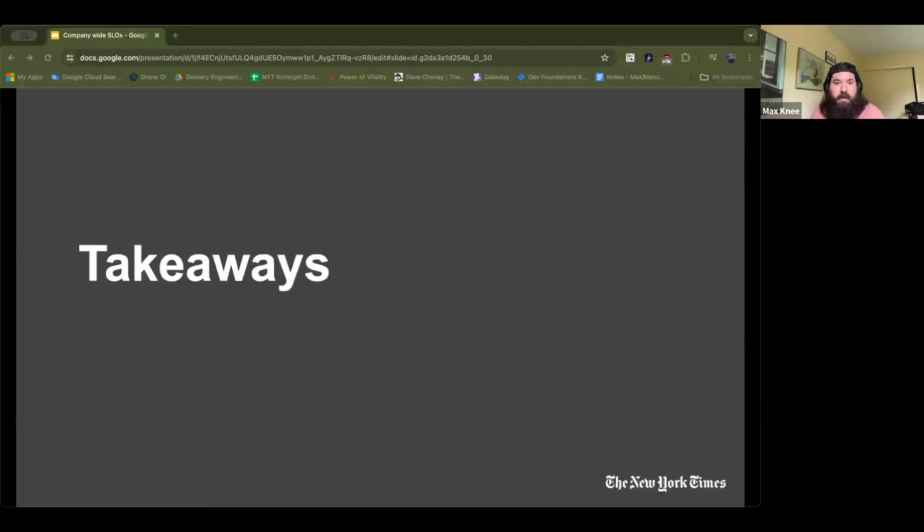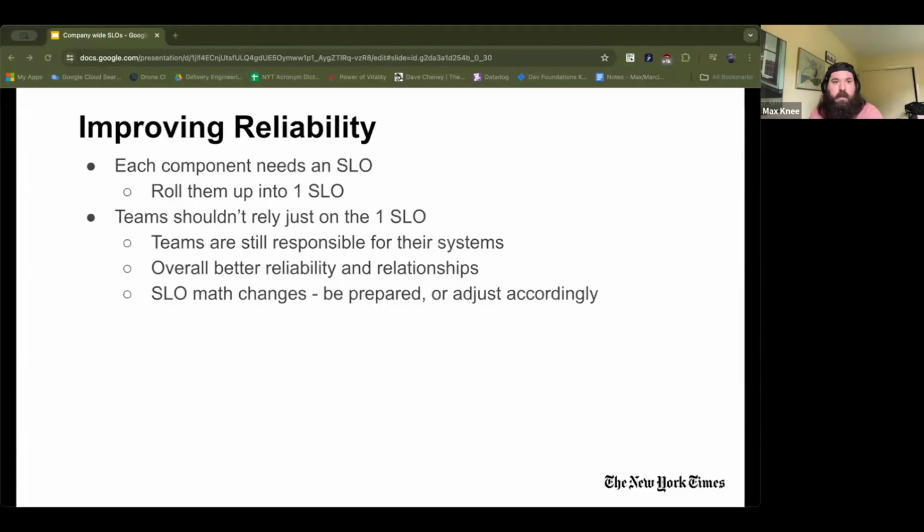So here are some takeaways. So remember, each component still needs an SLO, right? So we're not abandoning all SLOs, but you can roll them up into one SLO to sort of gauge the overall performance of your application, your system, whatever that may be. Teams should not rely on just one SLO. So if you have a composite SLO, each underlying team should be responsible for their system,